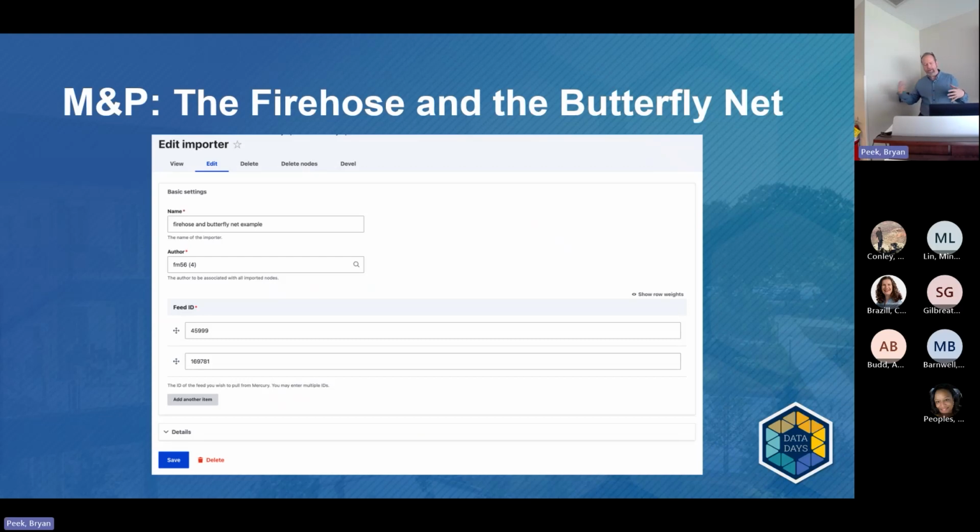And then you have an additional manual feed that you can cherry pick items to add to. In Mercury Reader, you can actually enter multiple feed IDs. It'll pull everything in and make nodes out of it, and you can arrange it however you like on that website. So we strongly encourage people to do this. You don't have to make a manual feed for every single item that you pull in. One manual feed is fine. It's just a conduit. Throw things into it, take things out.